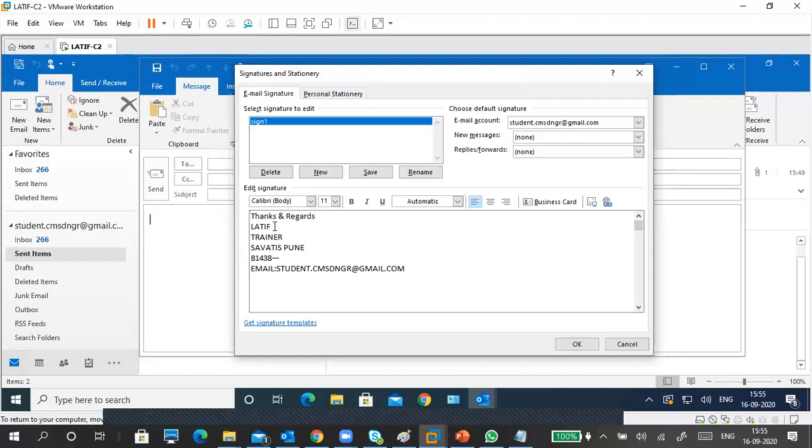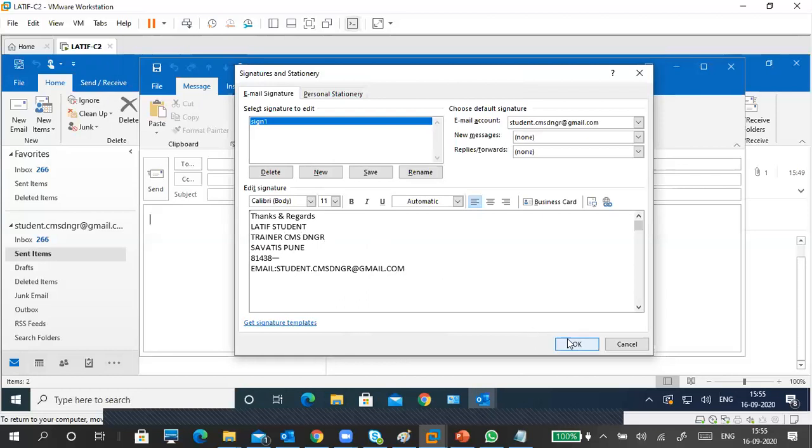So instead of student, I put Latif students. Okay, trainer, cms dngr. I can use whatever it is, my wish only. Okay, this is a signature.